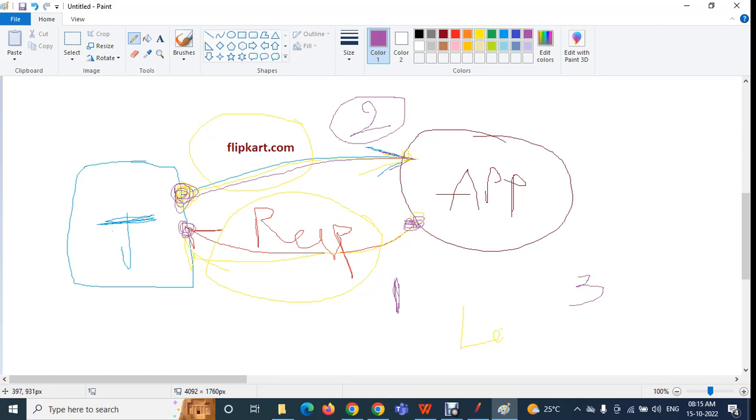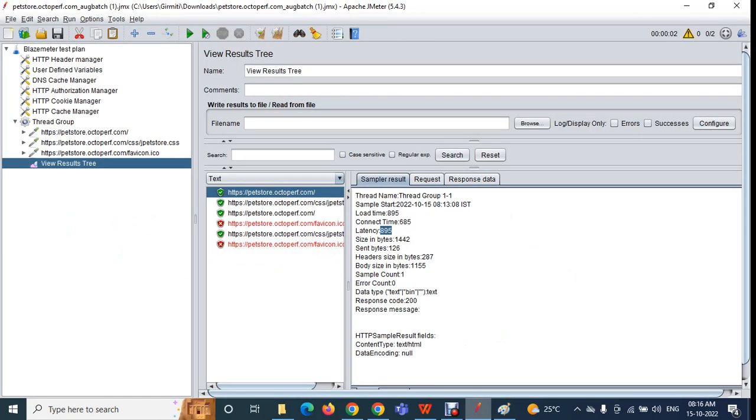So latency means network traveling time, or simply you can call it network delay. So how long our request and response were in the network, how long they traveled, you can consider that as latency. And here in our case 2 + 1 = 3. So that is the latency. So what is latency? Some people will ask in the interview. Latency is nothing but the network delay.